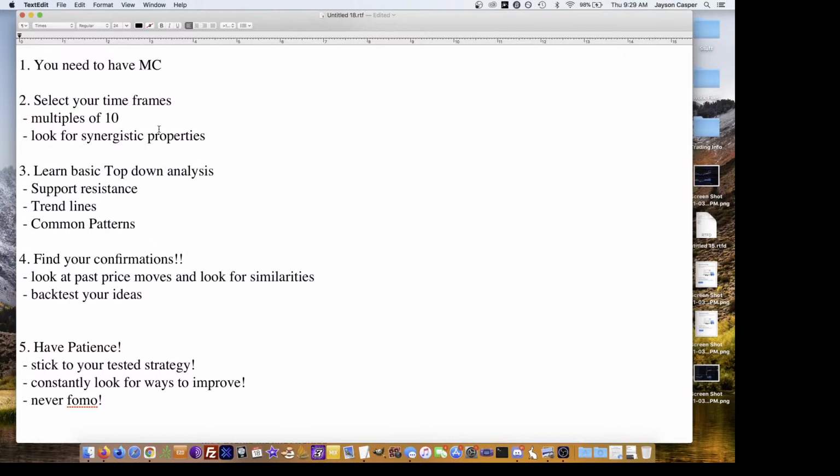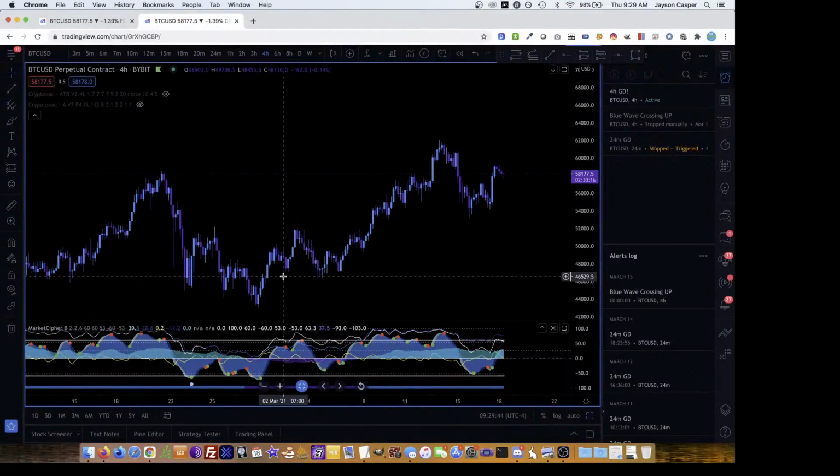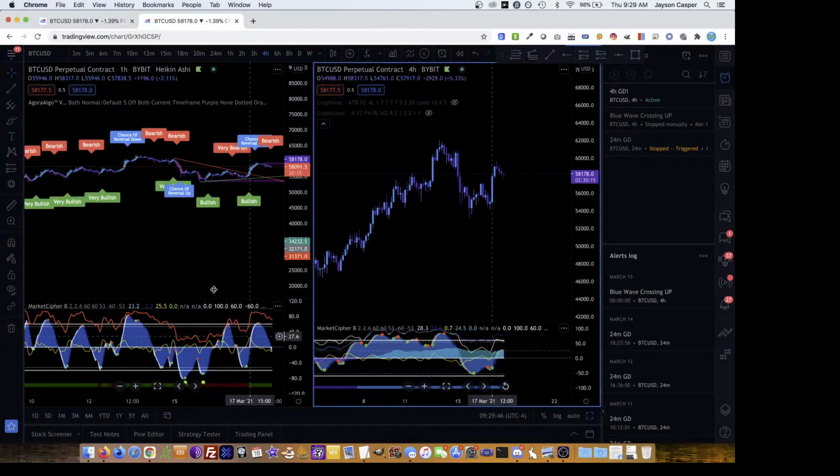And you don't have to do it this way, guys, but this is the way that I have found works the best for me. And once you have your two time frames, in order to confirm that they're working, you're going to start to look for synergistic properties between these two time frames. So my two favorites are